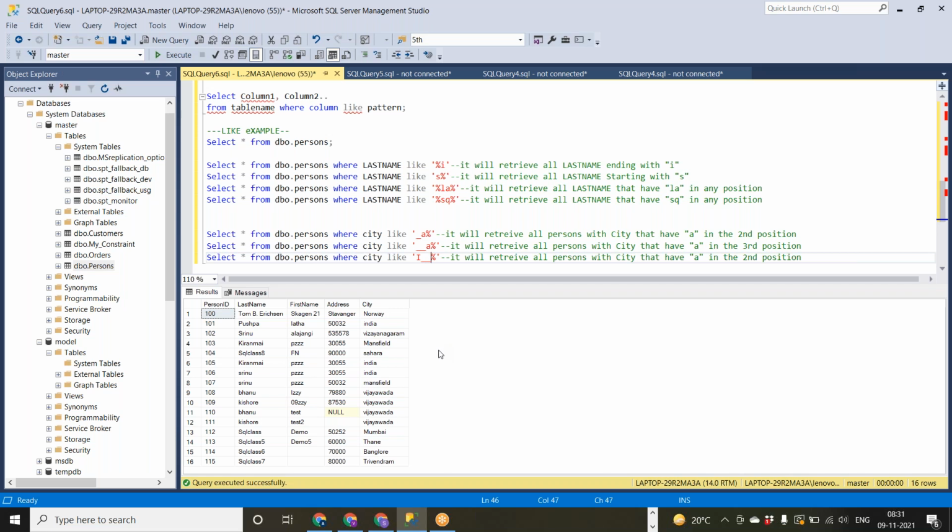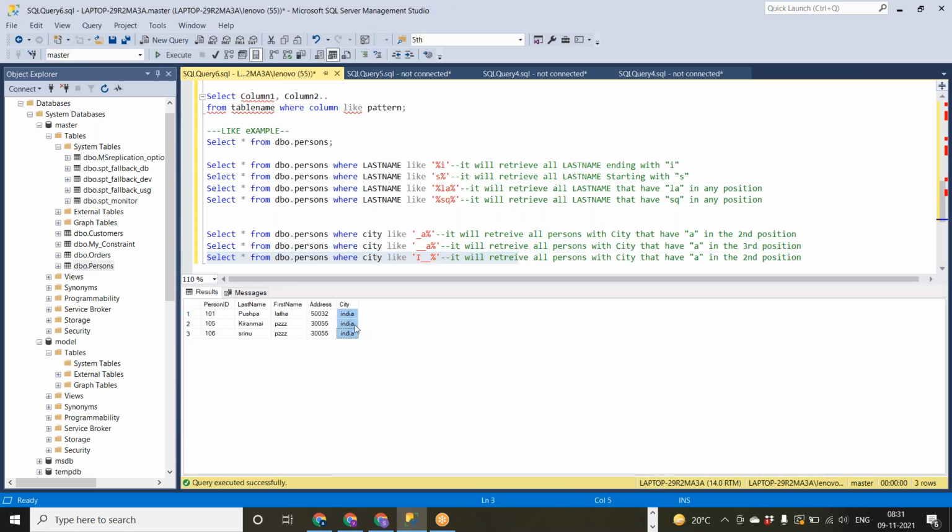So at least three letters, right? India will come into the picture now. But if you are giving at least 6, then India will not come. Let's see that. So India is matching because it is starting with I and it is having at least three letters.